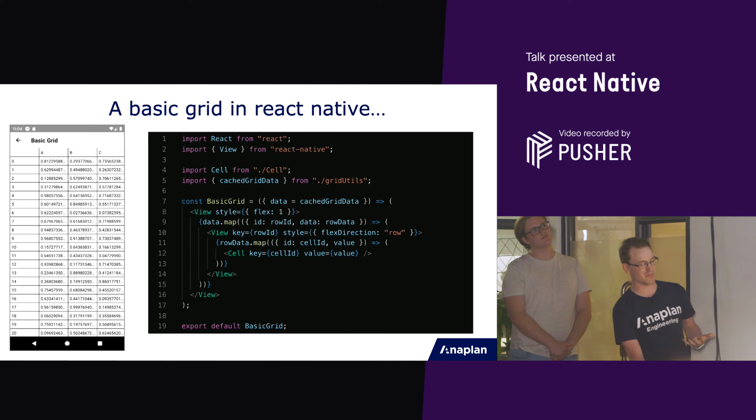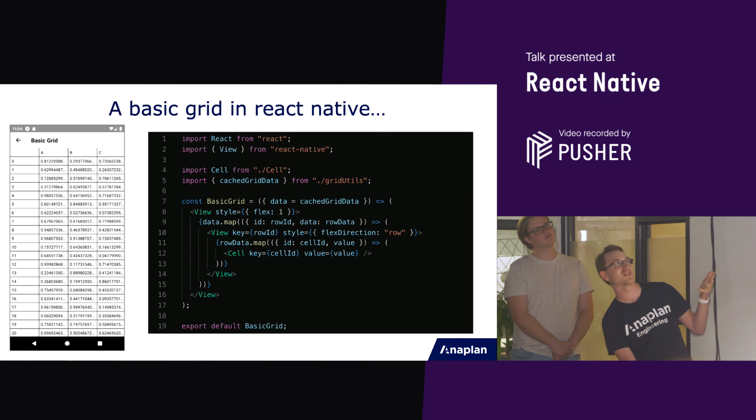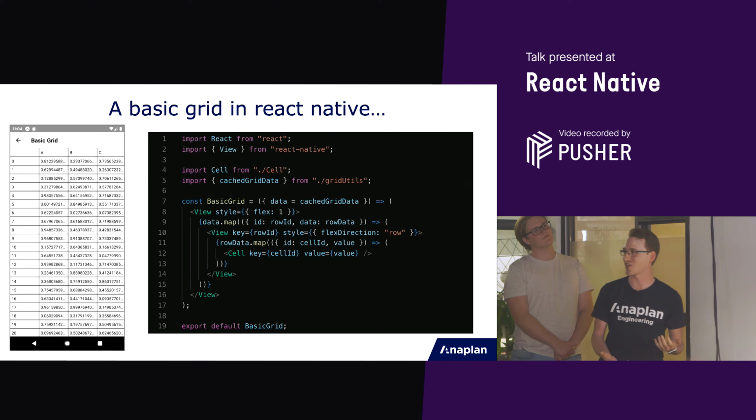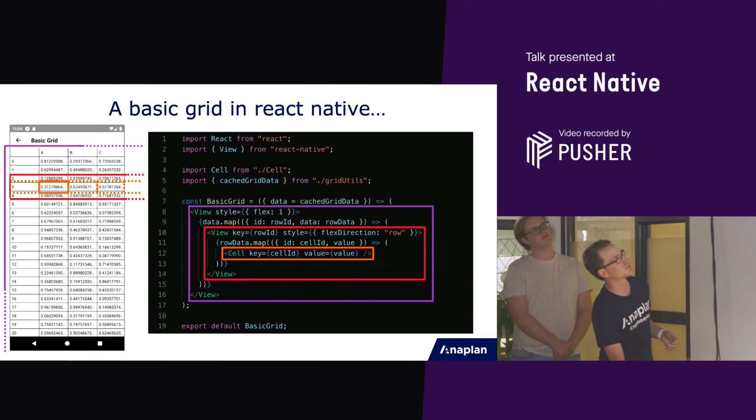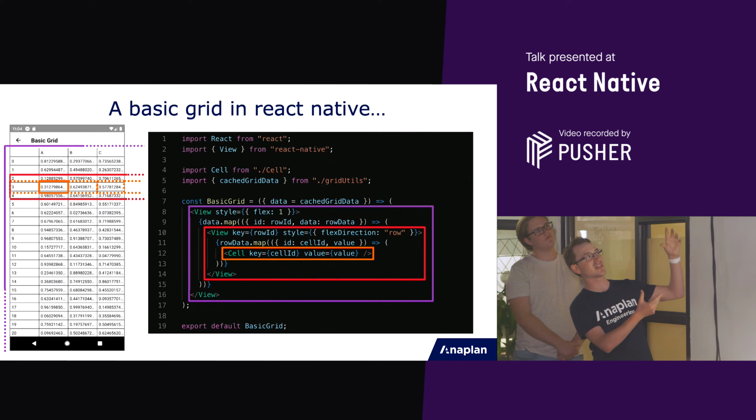And this is what some code that would just display a basic grid looks like. So we've got a nice view with another view with cells which are more views. It's just drawing boxes on the screen, right? It can't be that hard. And we can see illustrated there where those things lie on this phone rendering that with some